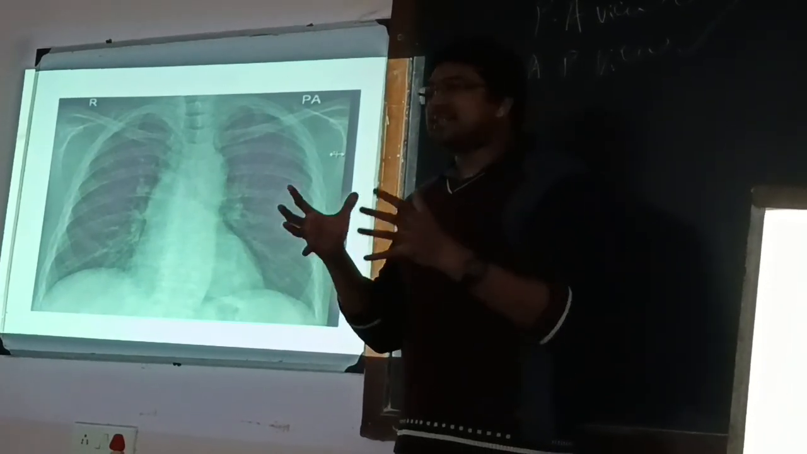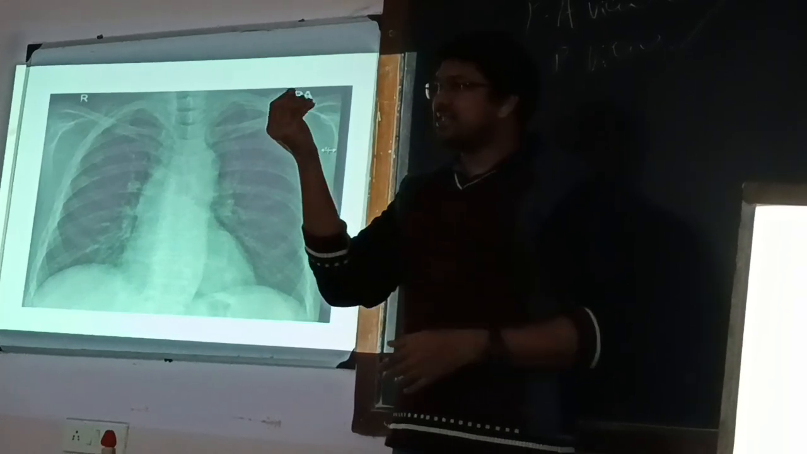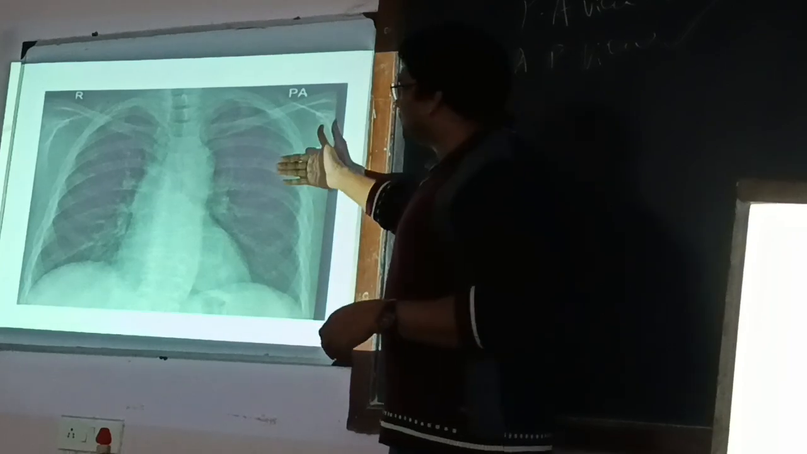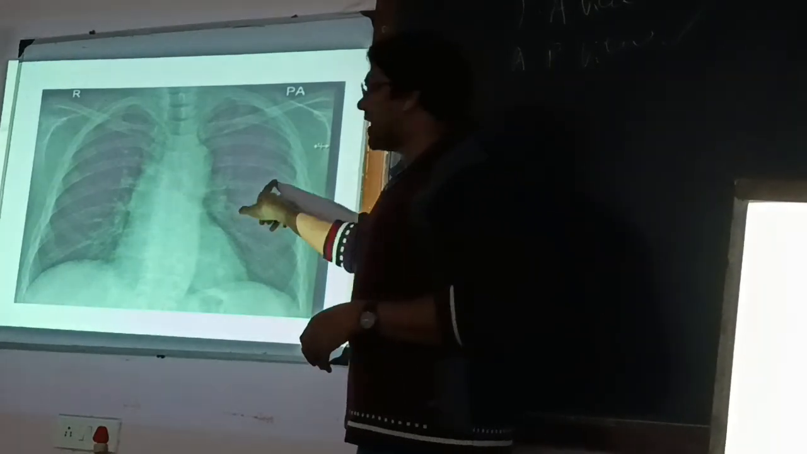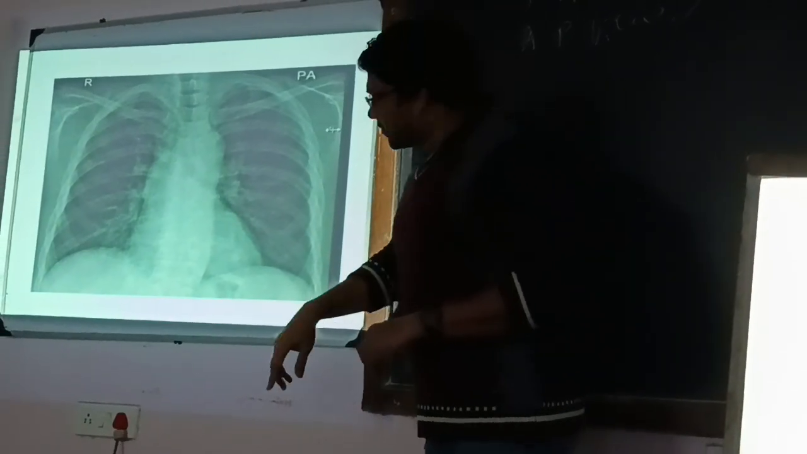The lungs are filled with air, so the air can't stop the X-rays, or the lung tissue is very much soft, so it can't stop the X-rays. So the X-rays will be passing so that it appears blackish in color. But for example, if you take the